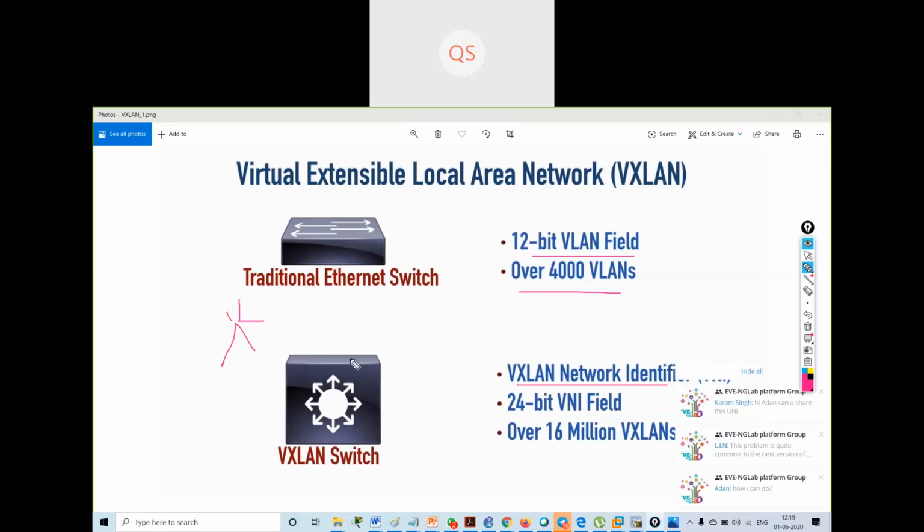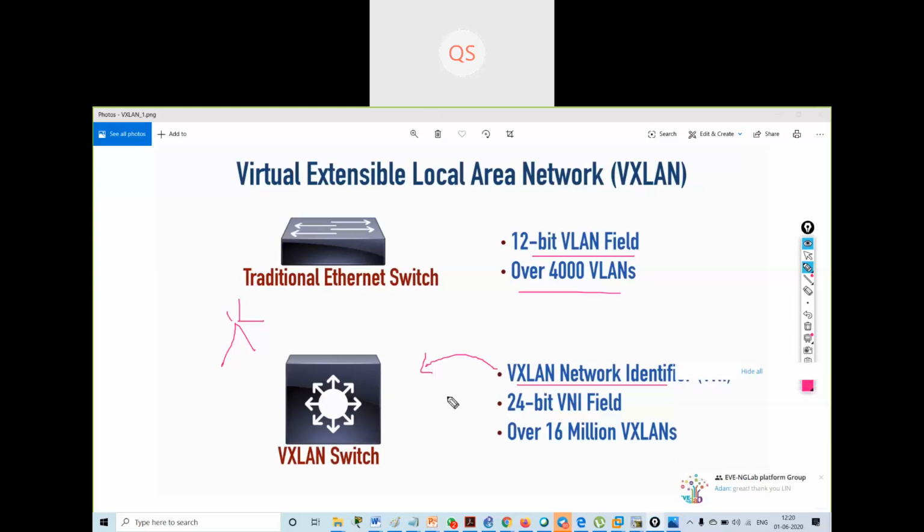So how will it work? They will add a VNI, VXLAN network identifier, for each VLAN, and this VNI field is 24 bits long. That's why it gives us more than 16 billion VXLAN network identifiers. Those VXLANs can run over an existing physical network infrastructure, and also over a new physical infrastructure.